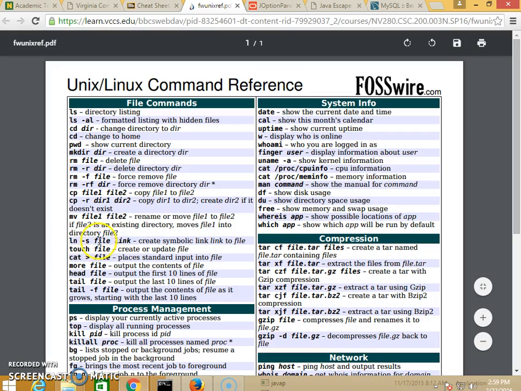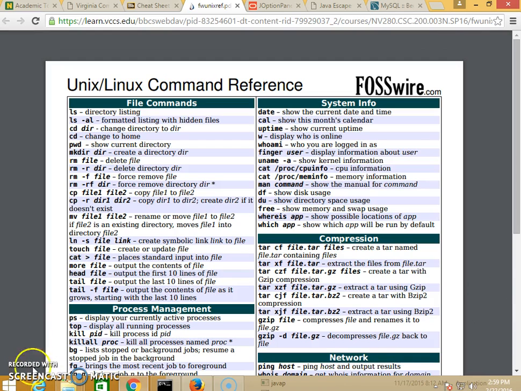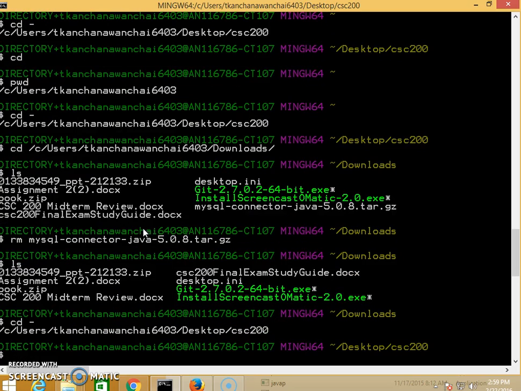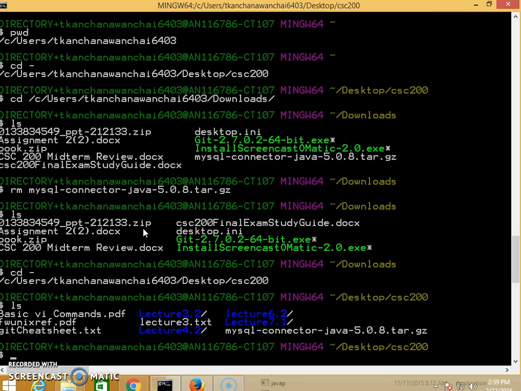So we're going to do ln -s and the file name and link. So let me go back to desktop, right? And so we're going to create links to